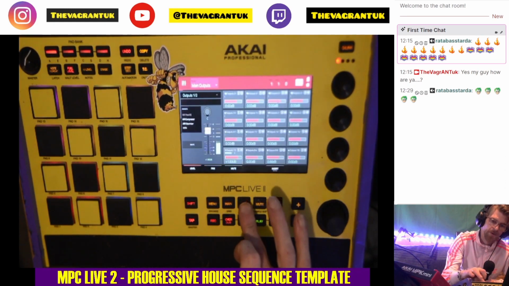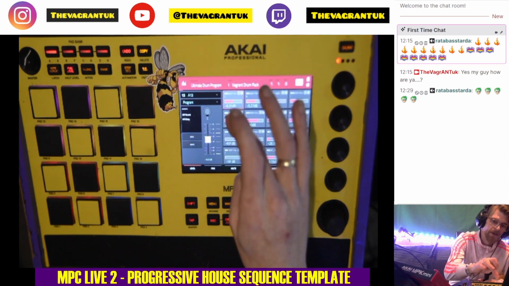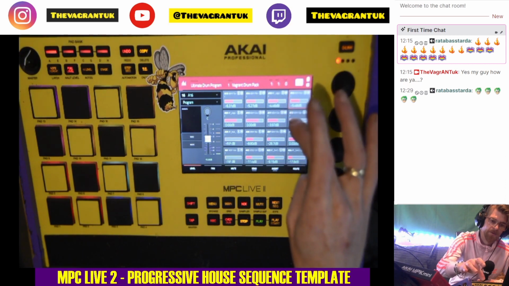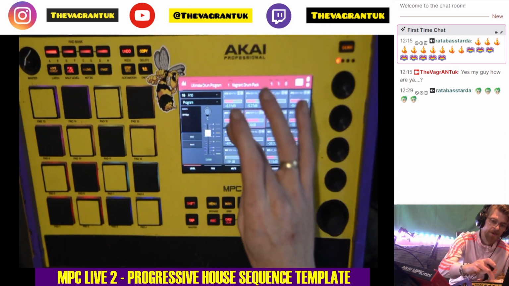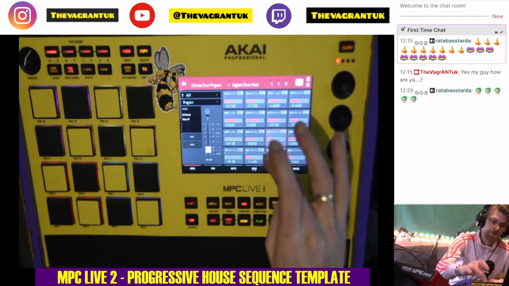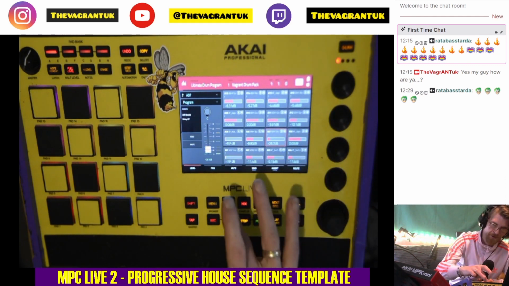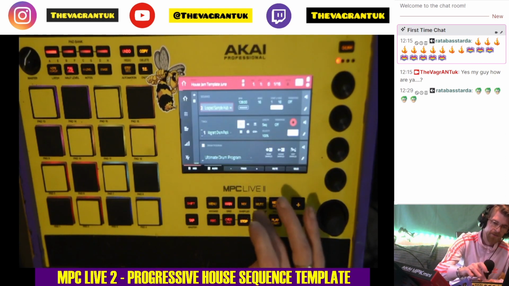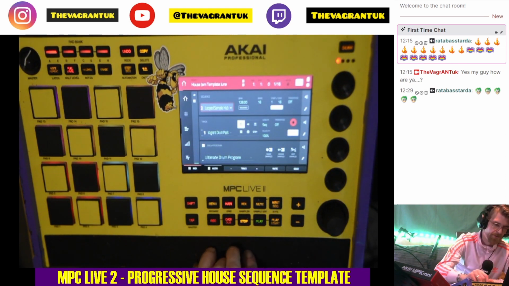And each one of these has its own EQ, so we've got reverb and delay, and we've just put little bits on each one. Every sound's been EQ'd, well, not all of them but most of them. And so that is the single hit pad, which if I just want to get something going,